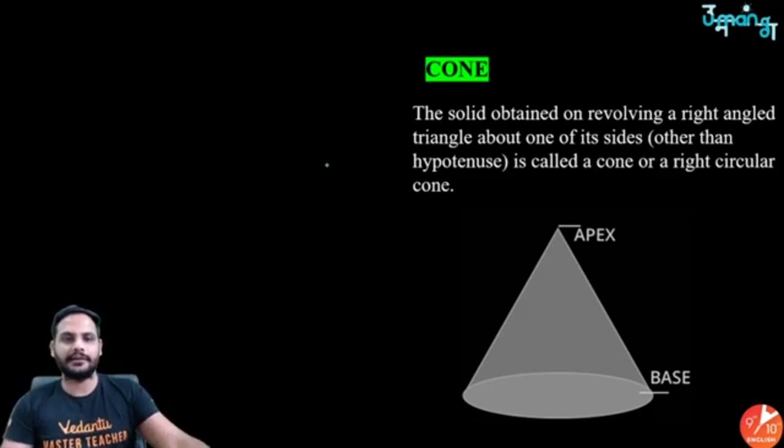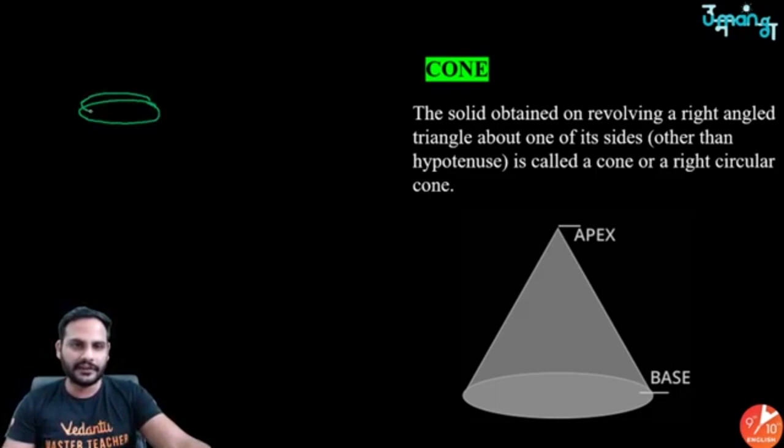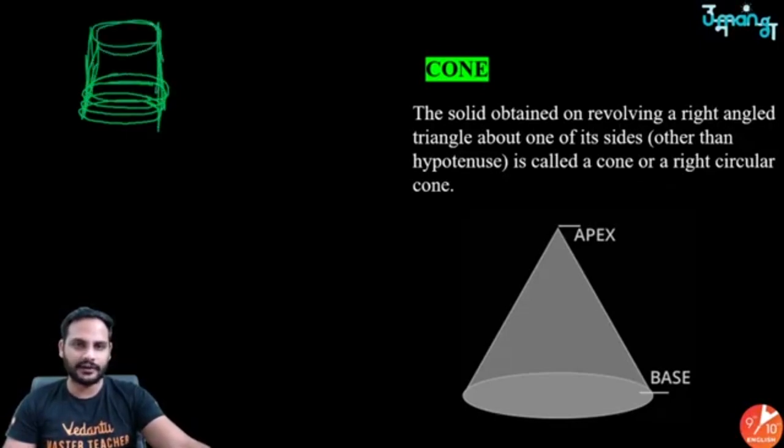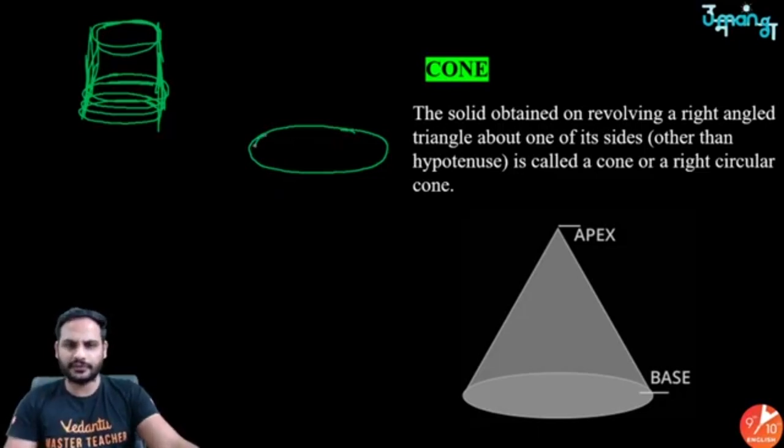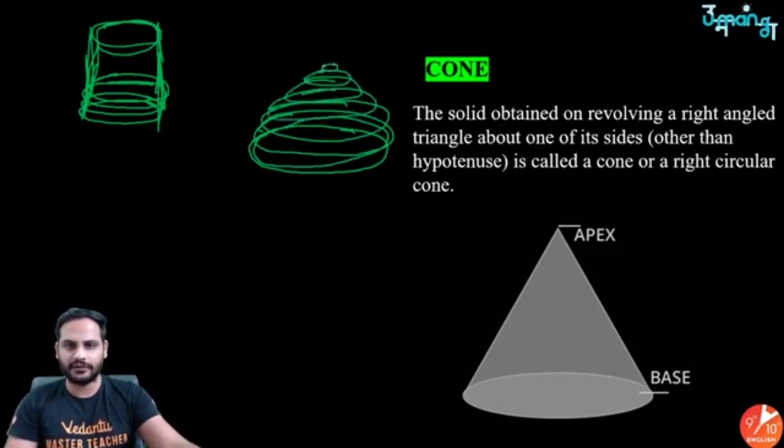See, in a cylinder what you are doing is placing circles of the same size on top of each other. So suppose this is how you have got your cylinder, right? But here what you are doing is placing circles of one size smaller on top of each other. So the next circle will be a bit smaller than that. The next circle will be a bit smaller, then smaller, then smaller again. So something like a cone formation you will see. You get the idea, a cone formation.